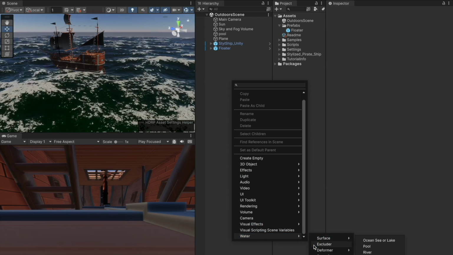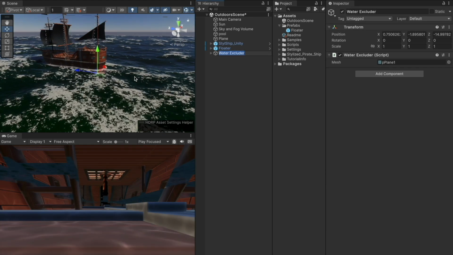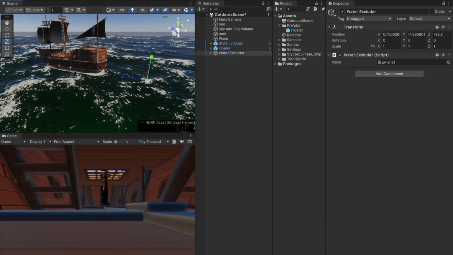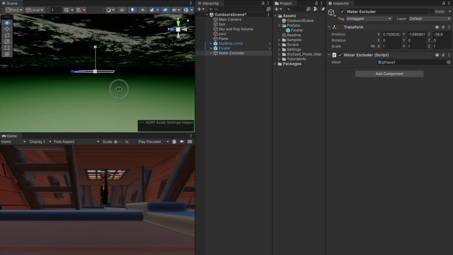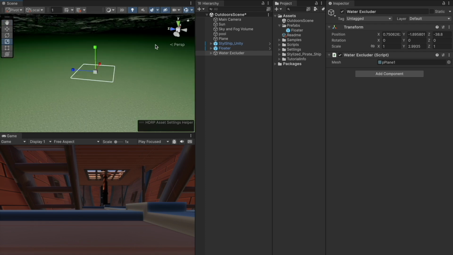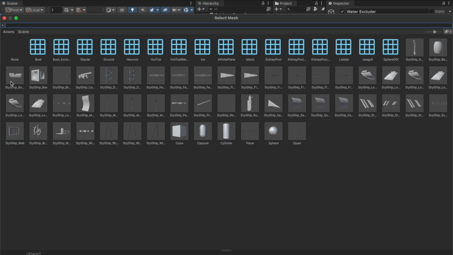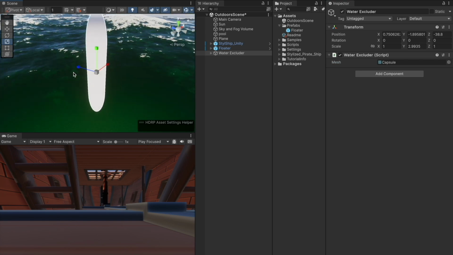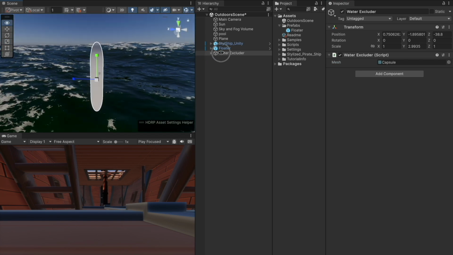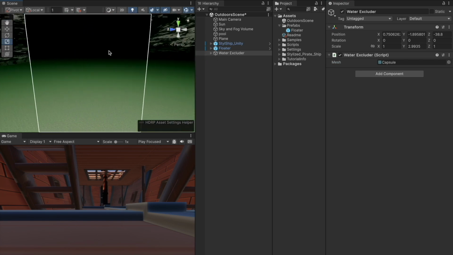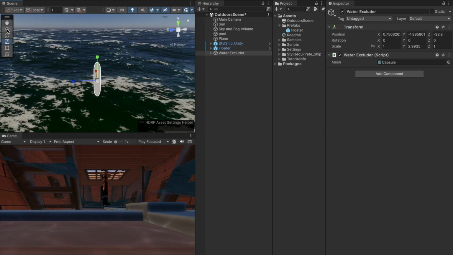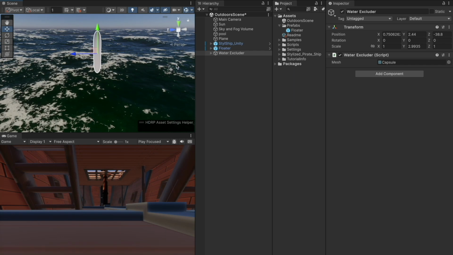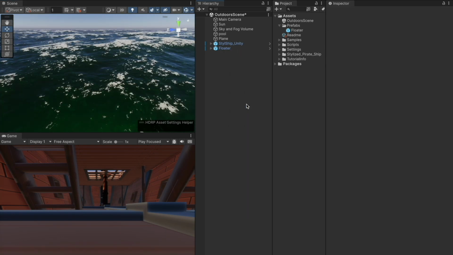We need to get an excluder. Let me show you what it does actually. It's right now set to a planes mesh, so it's not doing anything. But if we change that to a cube or capsule, you can see how it's not showing any water on top of this capsule at all. So if you have the same size of a capsule and you don't want to render water,